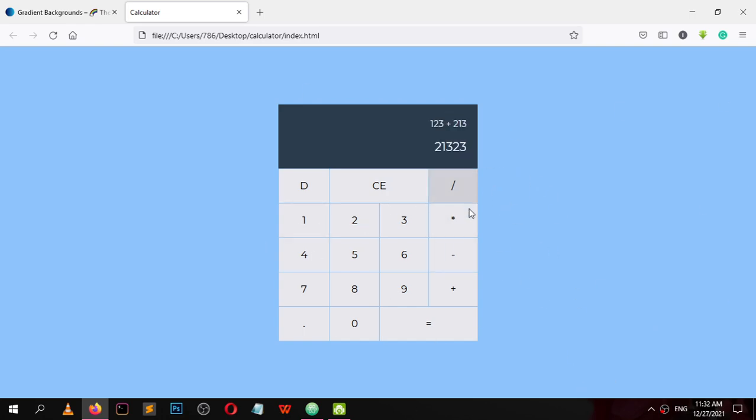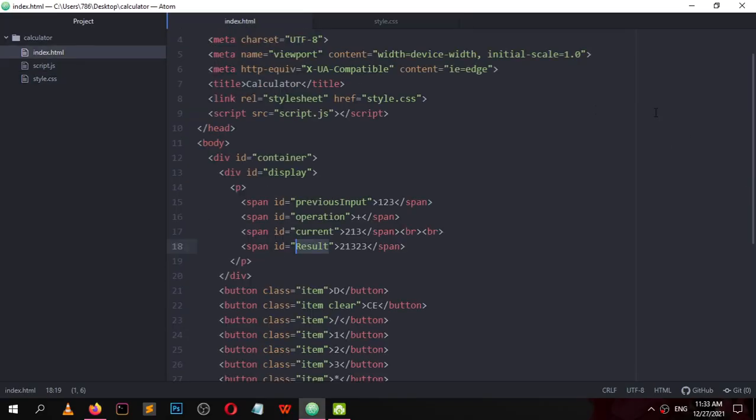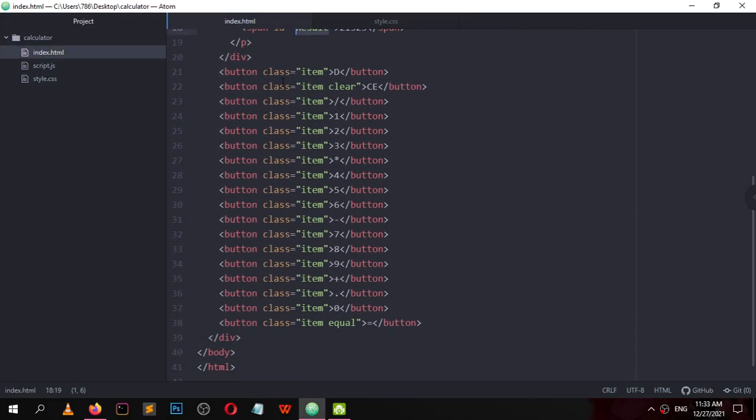Before we move on, these are the operation buttons: division, asterisk, multiplication, subtraction, and addition. Give each of these buttons a class of operator. Here, here, here, and here.